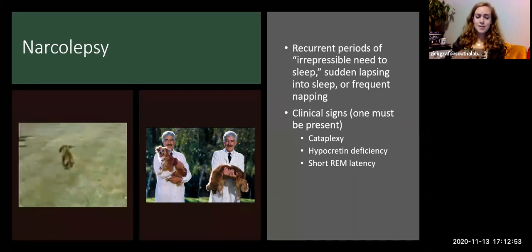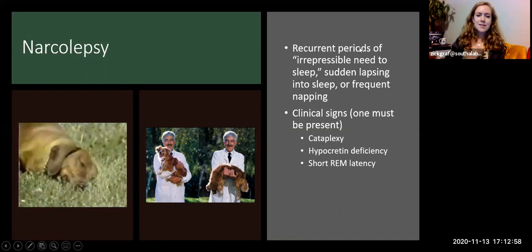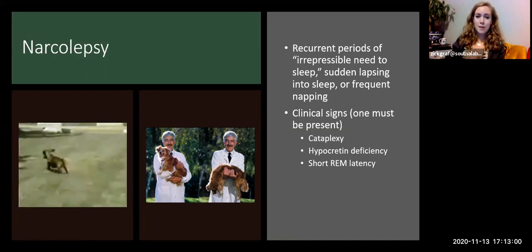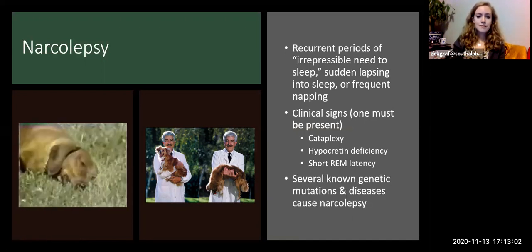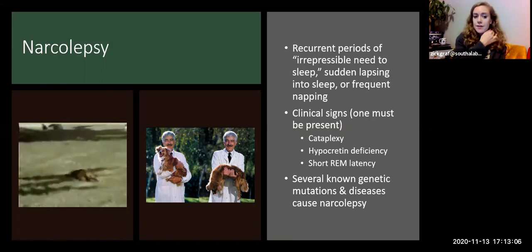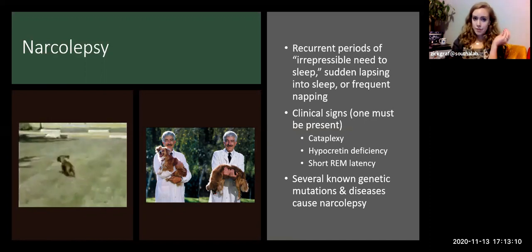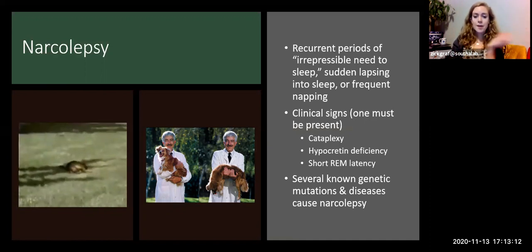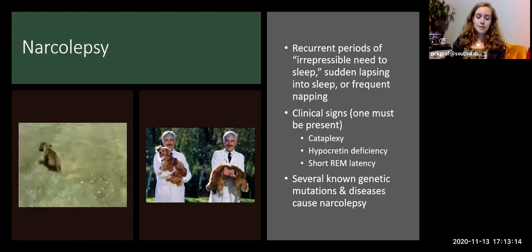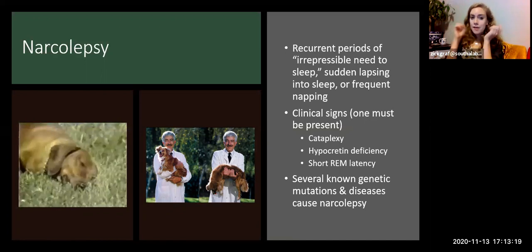And if someone has cataplexy and or short REM latency and experiences sleep attacks, then we can be pretty sure that they have narcolepsy and probably have hypocretin deficiency. There are several known genetic mutations, like the ones in dogs, that cause narcolepsy. Also, diseases that affect the part of the hypothalamus that produces hypocretin can cause narcolepsy. So a tumor in that part of your brain that destroys the hypocretin cells, or a bilateral stroke in that